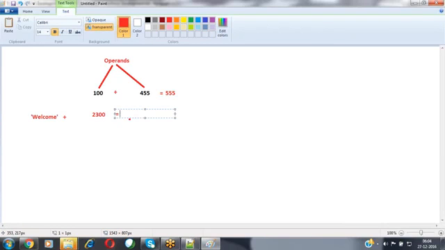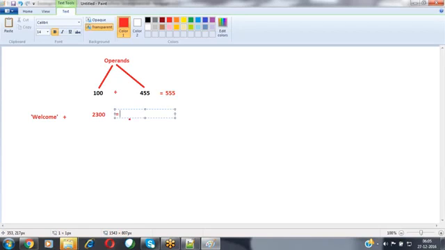Welcome plus 2300. The operator is the same, but the values are of different types. Whenever you use the plus operator between two values, if both values are numerical type, it may be integer, double, decimal, or long, then it will perform the addition operation.